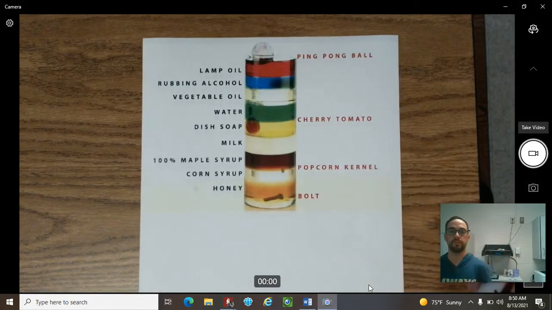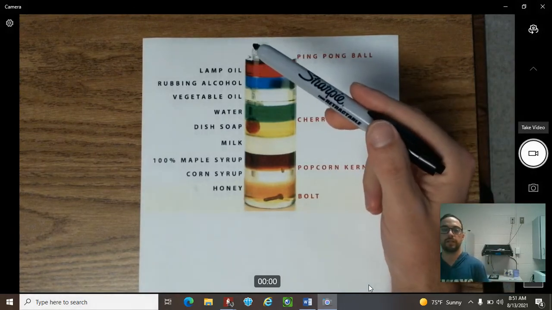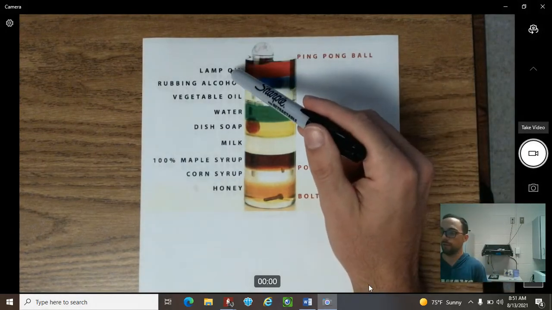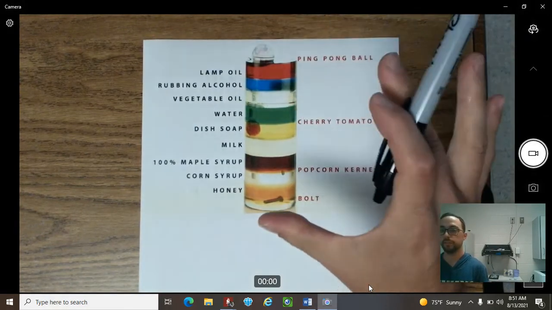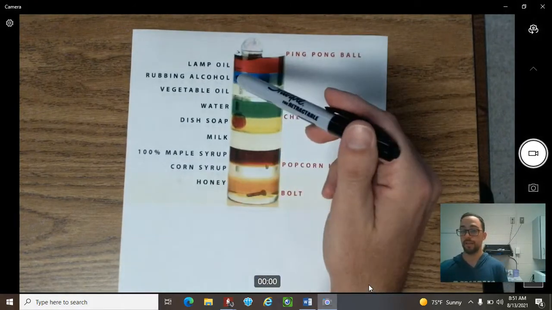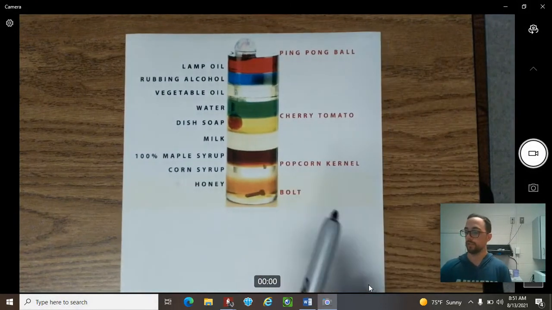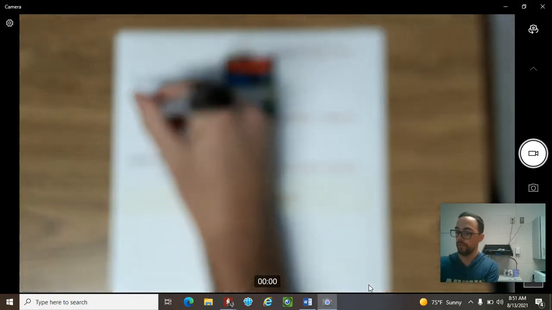So here's an example of a density column. If you're looking at this right here, all it is, it's going to be a different amount of liquids or substances put into either a graduated cylinder or just a container, and you're going to have to classify the different densities, right? So if we're looking at this, the first and most important thing is that water